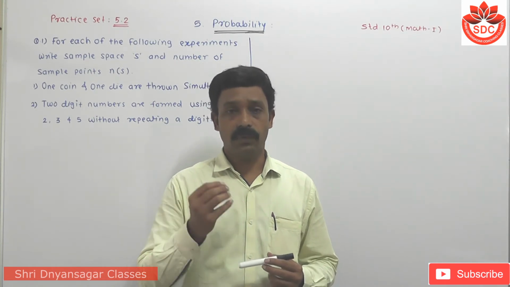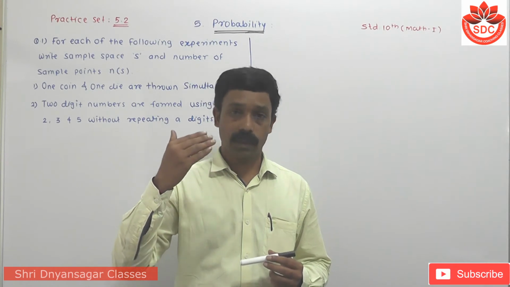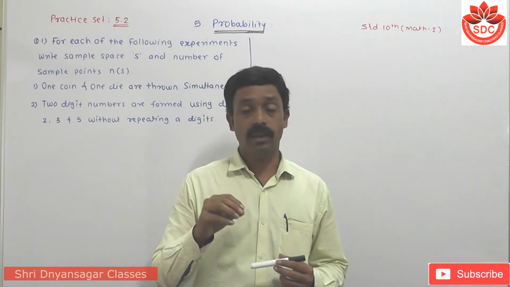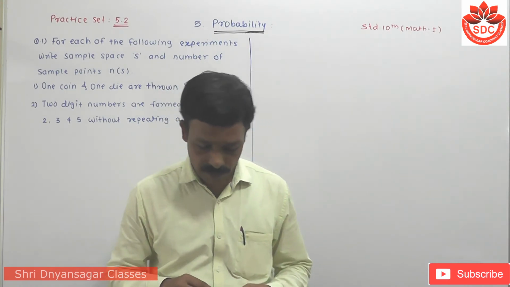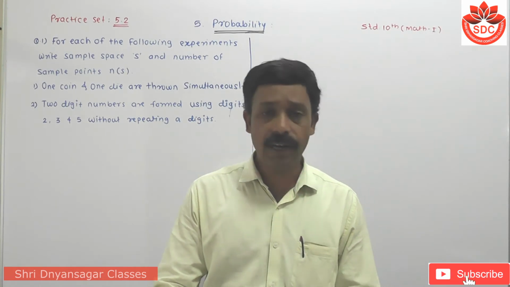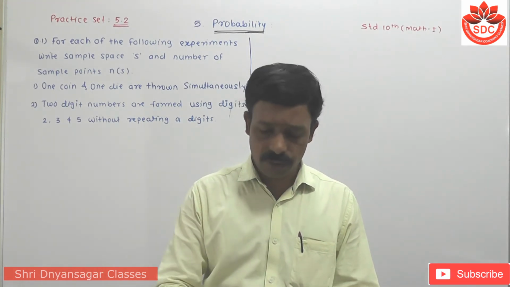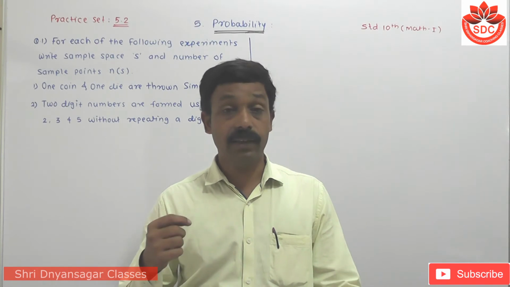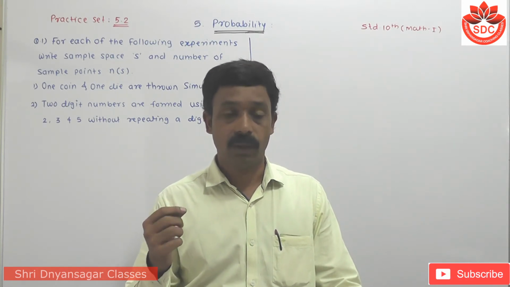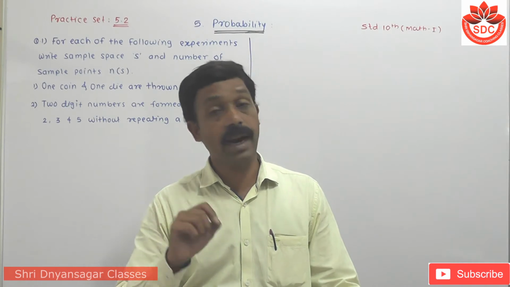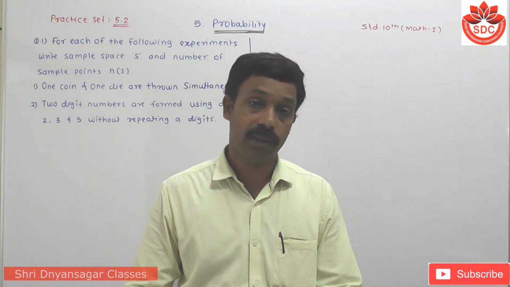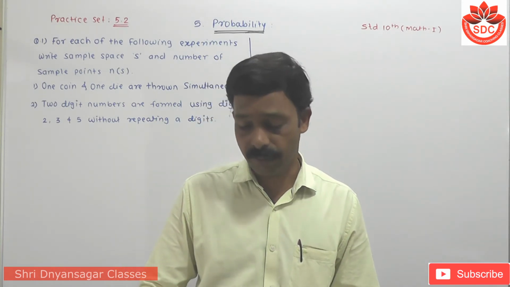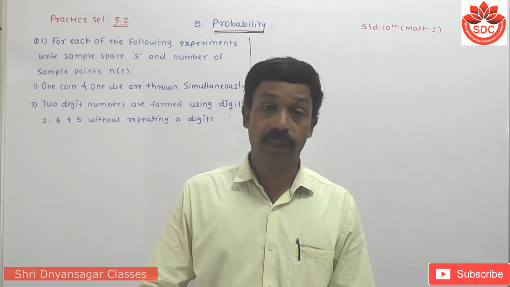For this, first we have to find the sample space of these numbers. How do we find the sample space? Look in your book, page number 117. There is a chart given. We have to use this chart to solve the examples also. First, what is meant by the sample space? The set of all possible outcomes of a random experiment is called the sample space. Some examples are given in the chart: serial number, random experiment, sample space, and number of points in the sample space.